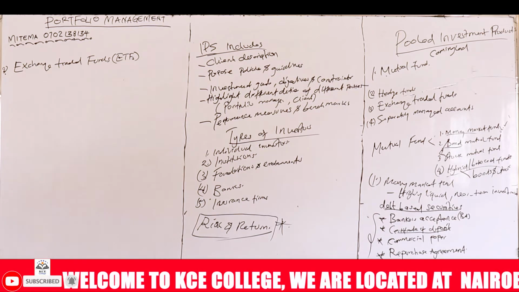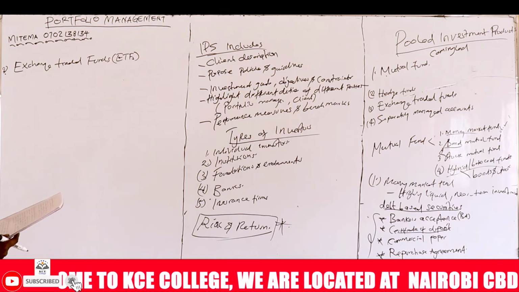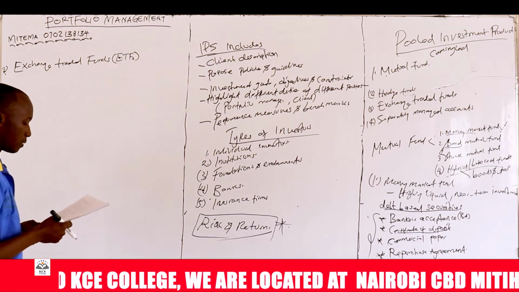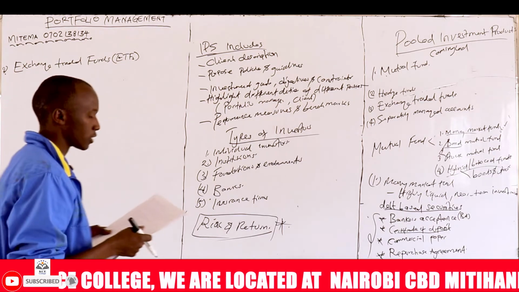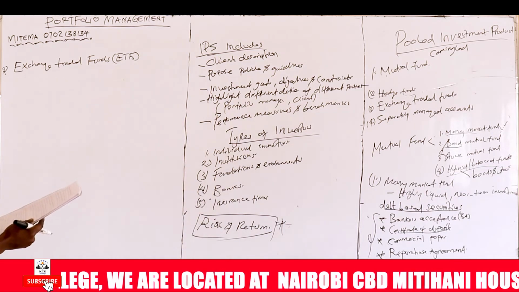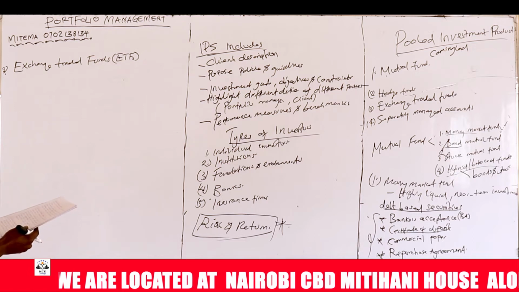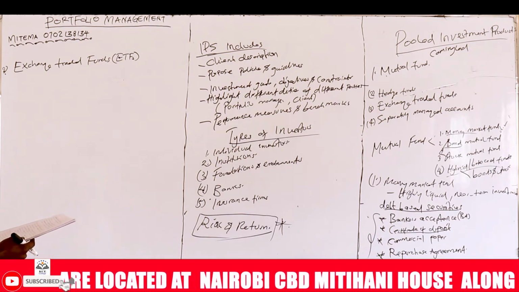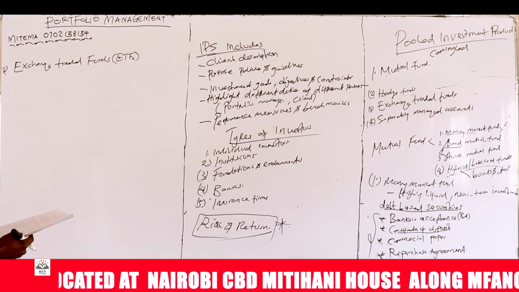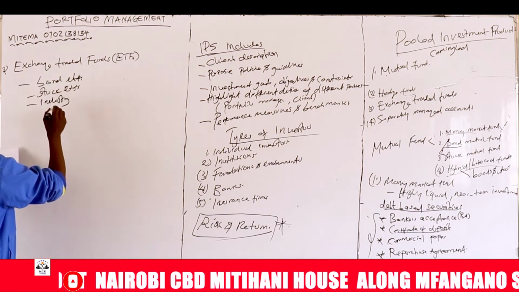Now, this combines features of closed-end and open-end mutual funds. An ETF is a type of security that tracks an index, sector, commodity, or other assets, but which can be purchased or sold on a stock exchange the same way as a regular stock. Examples, we have bond ETFs, and examples of these: commodity,